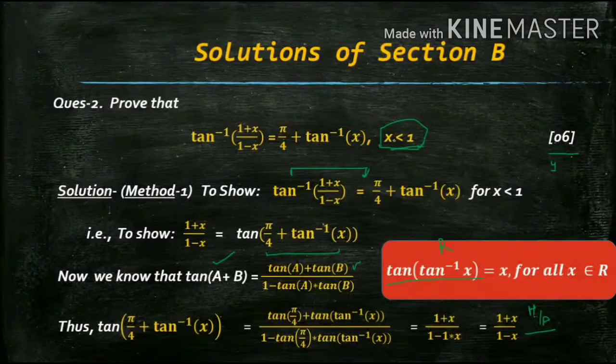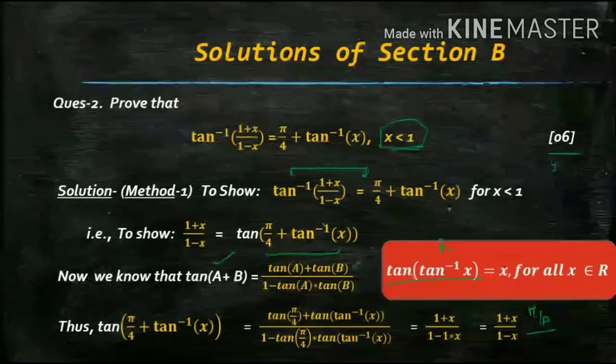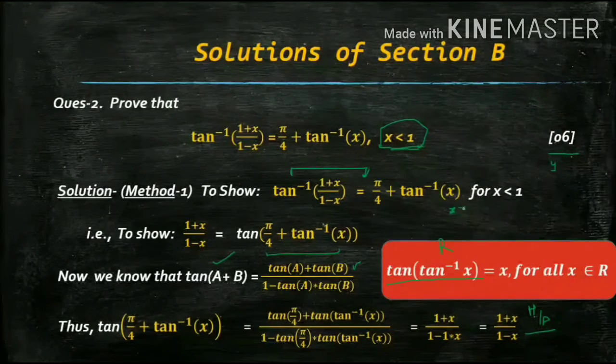How can you show that x is less than 1? Suppose x equals 1. I am just explaining this, you have to write it in your answer. Suppose x equals 1. Then 1 minus 1 would be 0 and this would become infinity, which is not defined. So x can't be 1. Explain this. So x can either be less than 1 or greater than 1. Now we take x as greater than 1. Take any value, we don't have to show that.